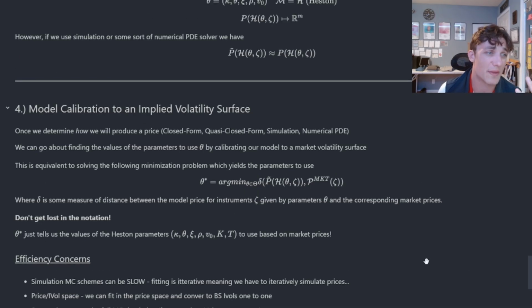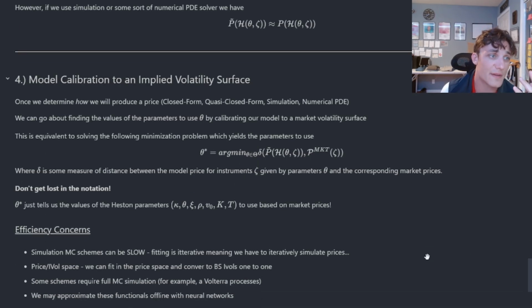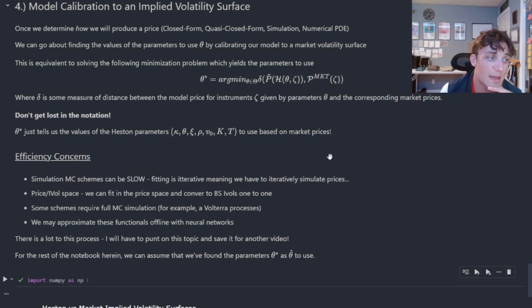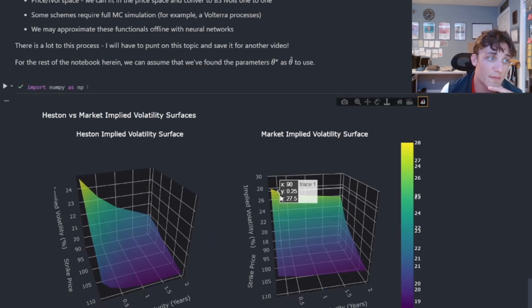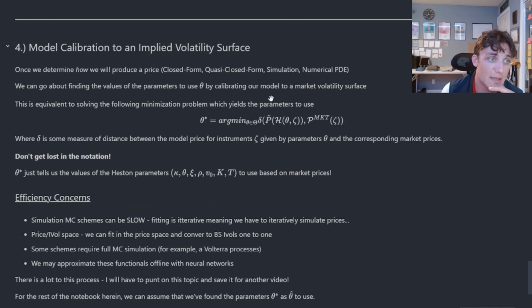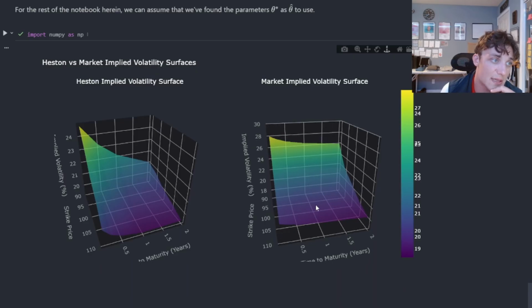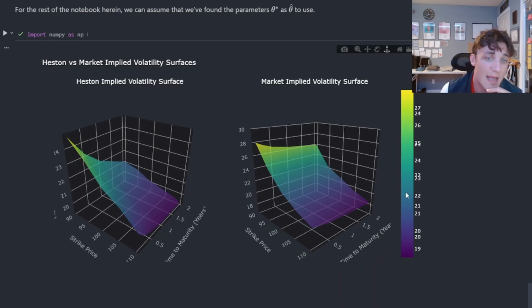So how do I tinker with them? Well, I can use a lot of different minimization algorithms and schemes to go about minimizing the error between each point on this surface with the market surface. And that's going to let me change those parameters in the Heston model to find what I'm calling this theta star. That is the optimal set of parameters for the Heston model that fits the market volatility surface. And again, the reason we need to do that is to ensure that we're quoting consistent prices and we're not